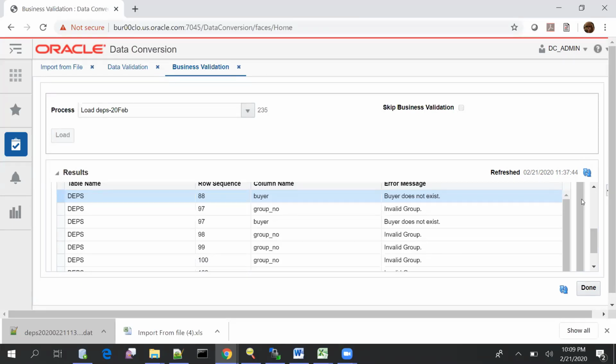So here we also have an option to do an internal refresh. In case your files have larger volumes of data, especially when it comes to transactions, you need not monitor the entire conversion if it is taking time. What happens is